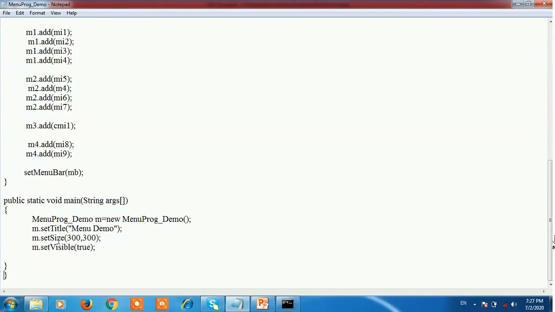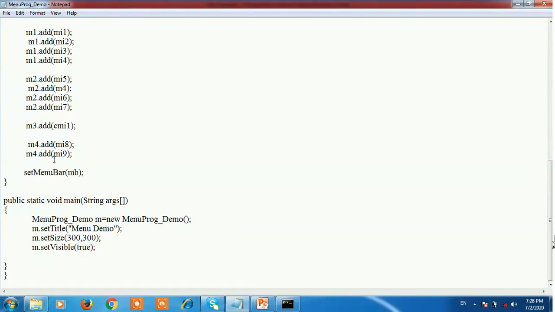Next, m.setSize, the parameter is 300, 300. The setSize method is used to set the size of the frame. And m.setVisible(true); the setVisible method is used to make the frame visible. If it is true, it is visible. If it is false, it is invisible, not visible.